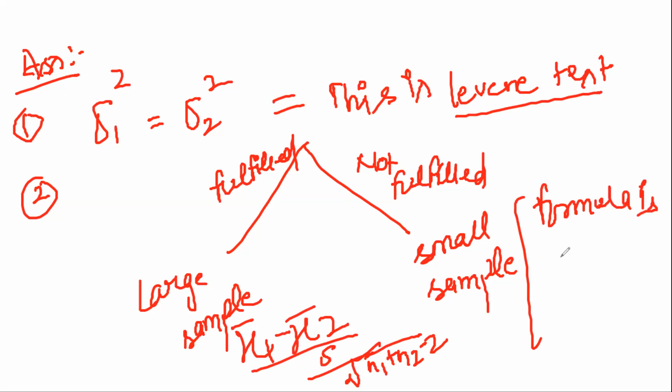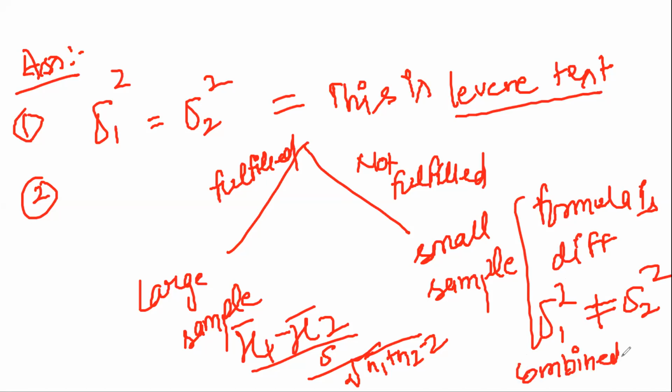Here the formula is different, because what does it mean? If your variance is not equal, we generally take the combined variance here, because there is no condition to check, since there is no same variance. That's why. So just open SPSS now,